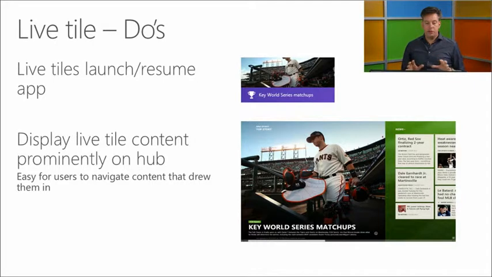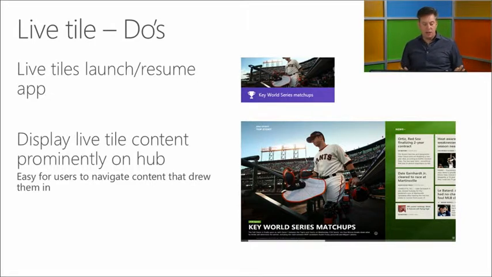Now, a good thing to do with live tiles is to make sure that it's a launch and resume of the app. So we saw before that I have the secondary tile and it opens up to the basketball section in the app. If the app is already open, it just resumes the app. But you have to do some things for that because the secondary tile will launch your app with some extra parameters so you know what to show or where to go. Also,